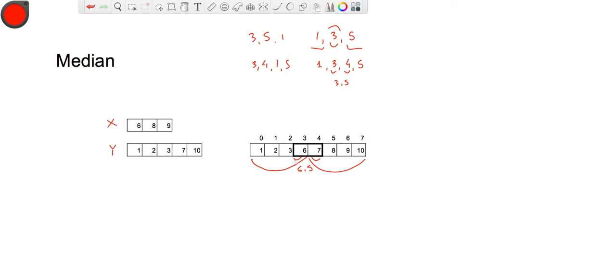A simple brute force approach is to merge the two arrays and after that determine the median. The time complexity, of course, because we have to iterate through all elements, or at least half of them, will be O(m plus n). The optimized approach is to use binary search on the smaller array, X in this case,